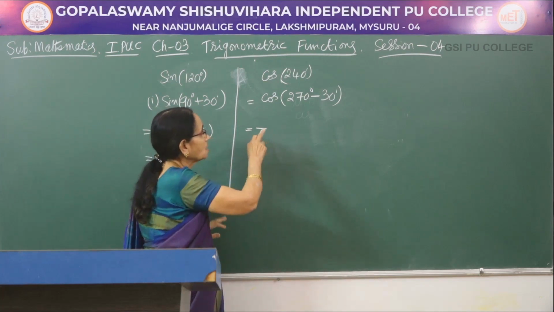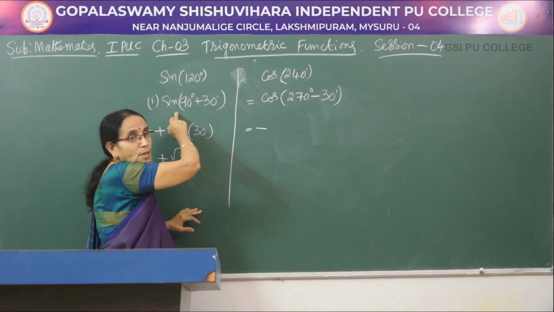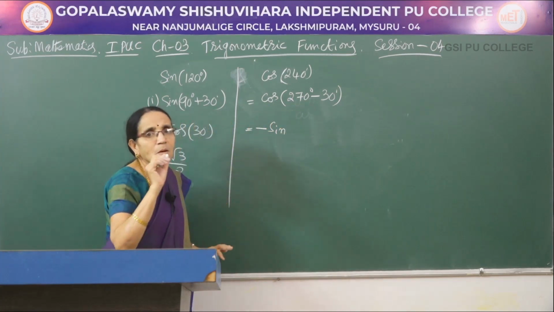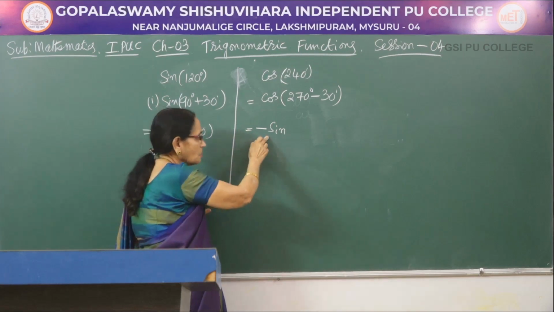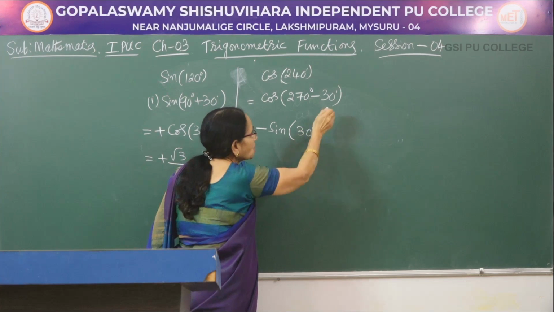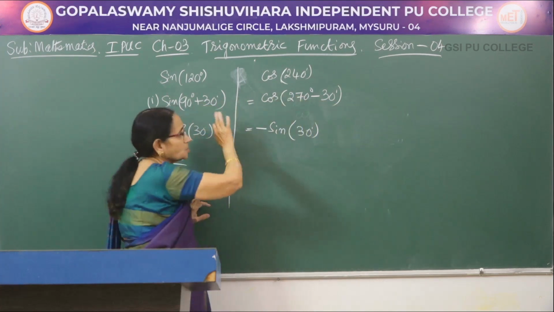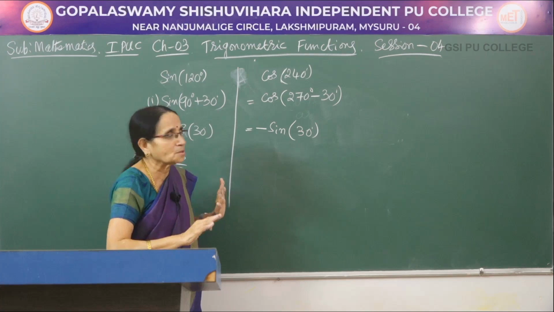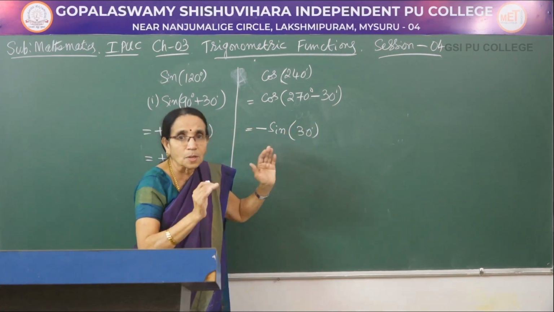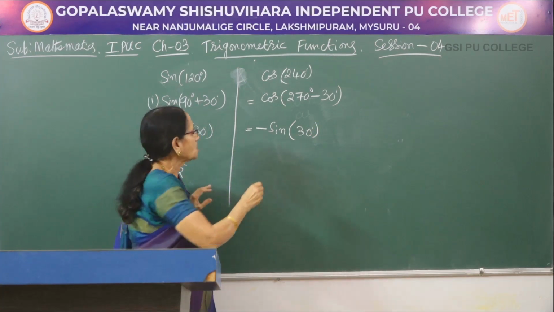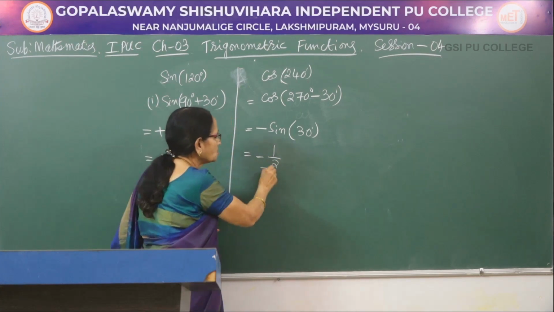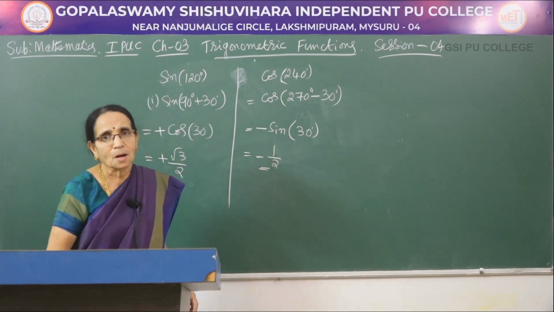Now, here again, for cos, what is the co-function? Sine. So change it, because I am writing the angle as 270 minus something. Do not write the minus sign here, it is only 30. Take only this angle, whether it is minus or positive, that is why I have taken two different examples here. Plus or minus, do not take that, only the numerical value of the angle. Now, you know that sin 30 is a standard value, which is half. So, in this case, I got minus half.